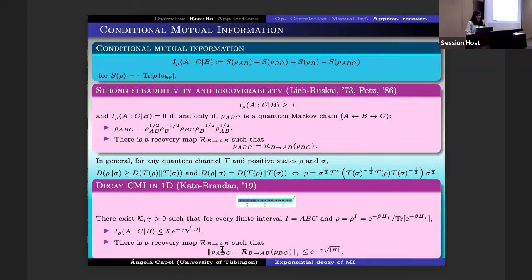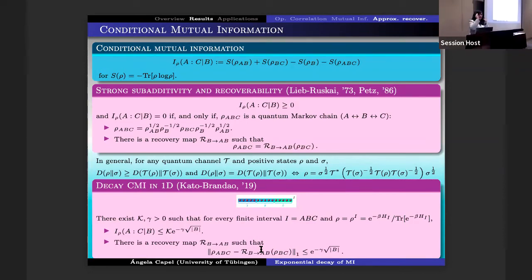They also proved that actually there is a recovery map that allows you to reconstruct, in some sense, or almost reconstruct your state rho up to a sub-exponential error with the size of B, of the middle system. And well, the main drawback of this is that this is not the Petz recovery map, which is the one we are more familiar with, but it's a very nice recovery map anyway. And what we do here is essentially something similar, but we are studying the BS entropy.